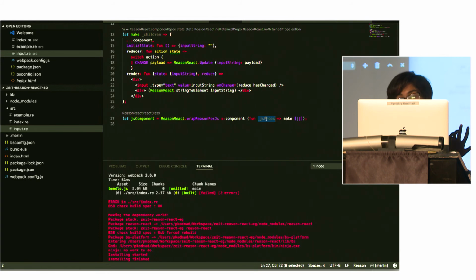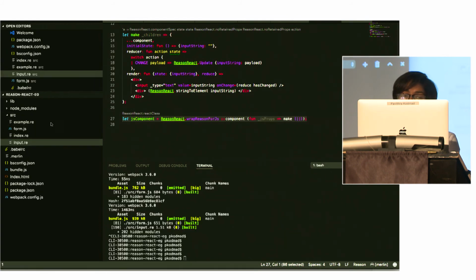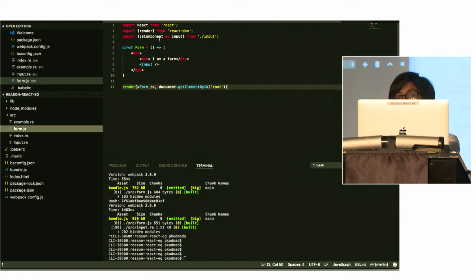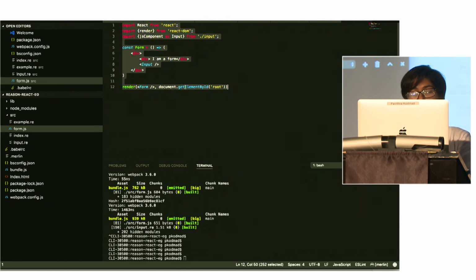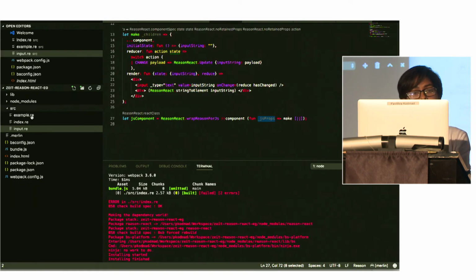So how do you use this JS component? That's straightforward. You just import it like you would import any other functionality out of a library. So you say input, then you get the input thing out. And so let me just create this here, right? So